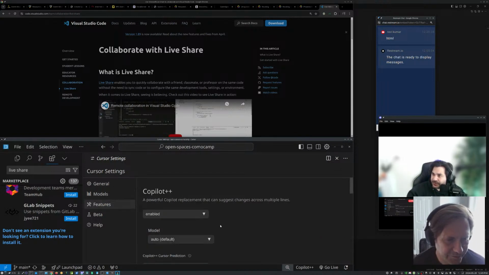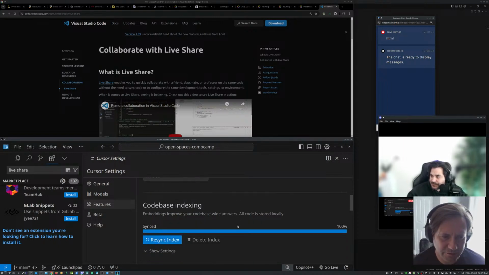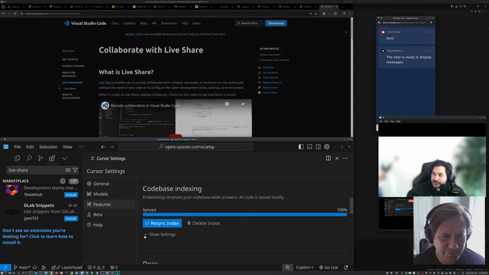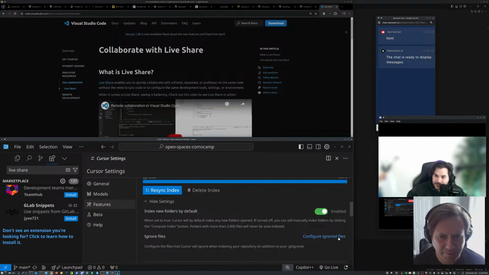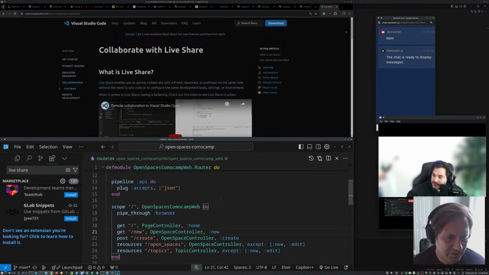So this just integrates in your IDE? Well, it's a fork of VS Code, so this is quite important. You can also say which things you don't want passed in this context, which is really helpful.